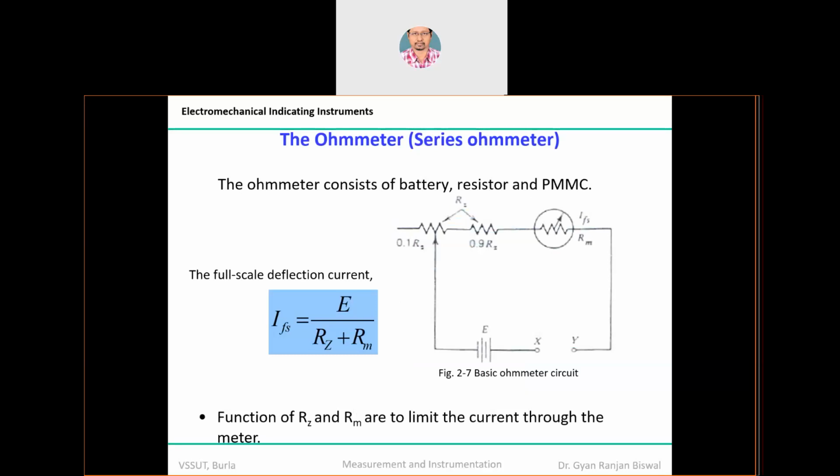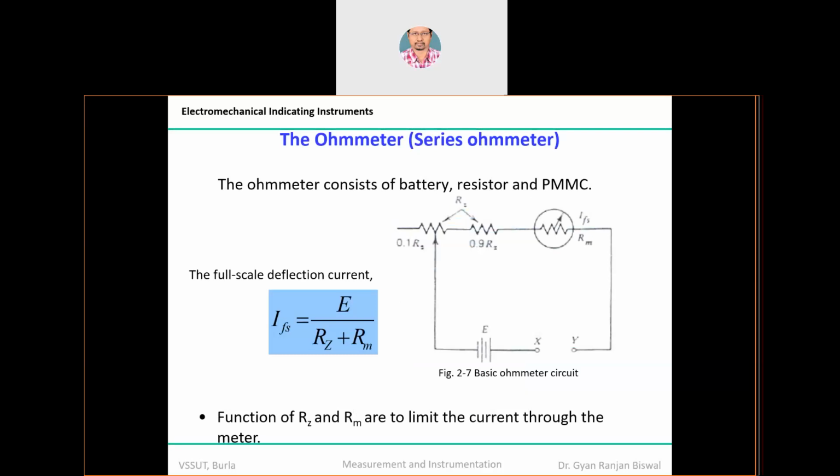Okay, and RZ, you can say it's not an unknown resistance. I'm sorry, let's say it's a variable resistance, another rheostat resistance. So your rheostat resistance RZ is divided, as an example, into a factor of 10, by the ratio of 1 upon 10. You can make it 1 upon 100 also. So what will you get? You will get from 0.01 RZ to 0.99 RZ.